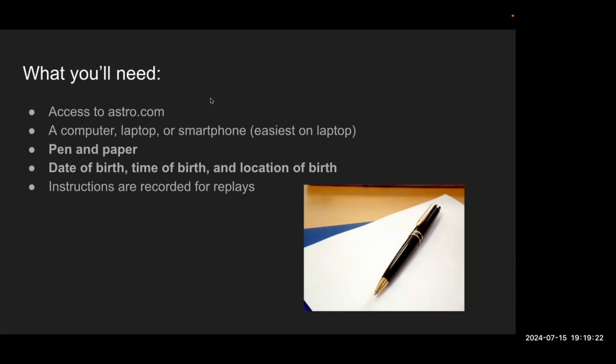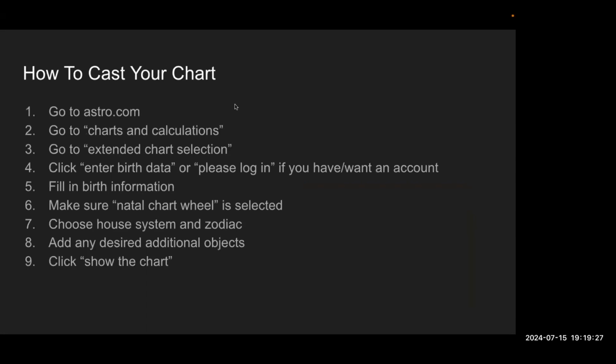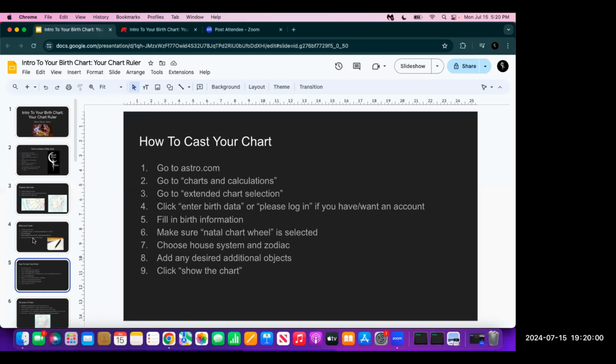So if you guys want to gather those things, get situated, get comfortable, this is the instructions written out on how to cast your chart, which is super interesting and not fun to read through like this, but I'm going to walk you through it now. So this is the part where I am going to X out of the PowerPoint and bring it over to the internet, and then I'm going to go to astro.com and we're going to do it together. So I'll give everyone just like a minute to get situated and ready to go as I get myself set up as well. So what you'll want to do